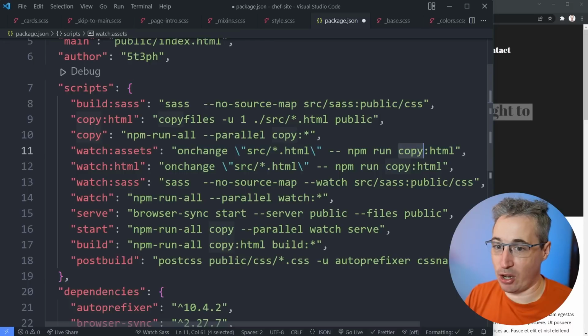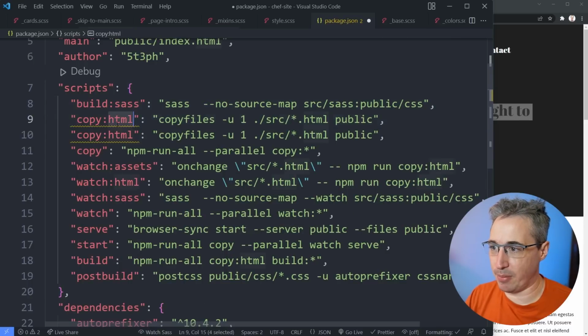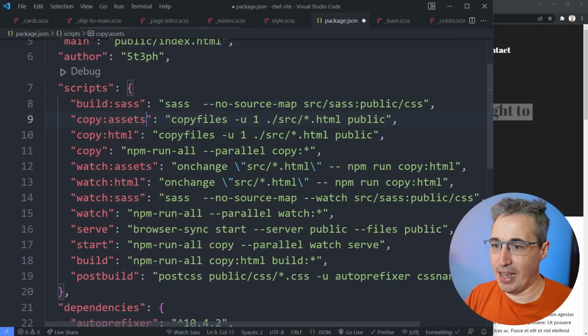And we need a copy assets as well. So we're going to take this copy one that's here, and we can come and paste that there and say copy assets. And the only difference is we can leave everything here identical to what we have. Just here, instead of a source and then HTML file, I'm going to come in here, let's delete all of this. I'm going to write assets. And then I'm going to do a /